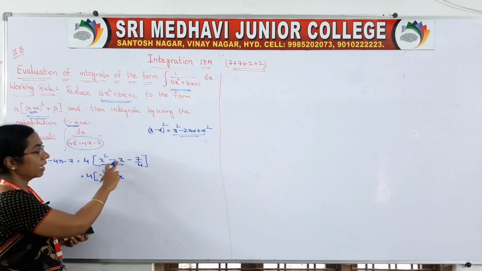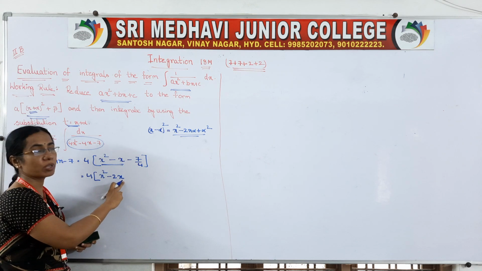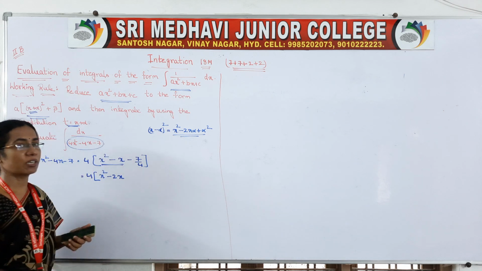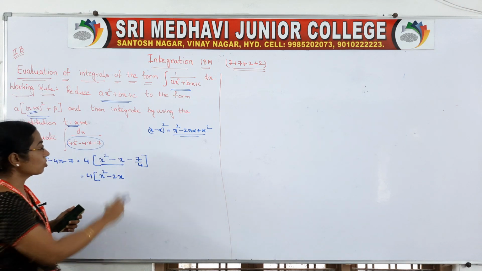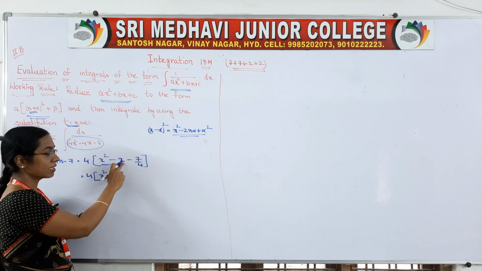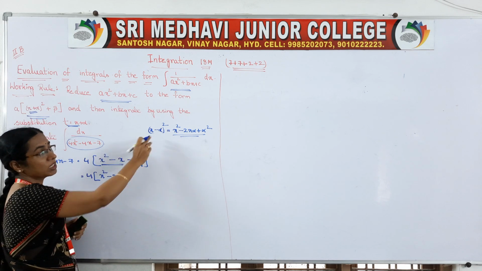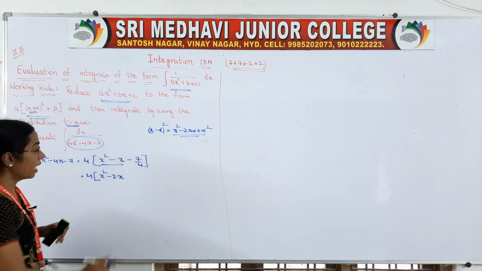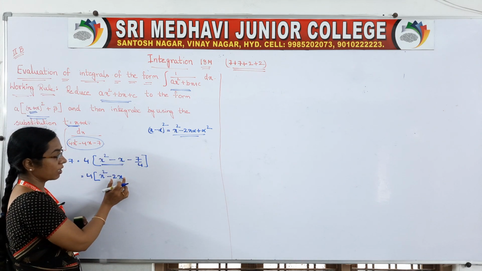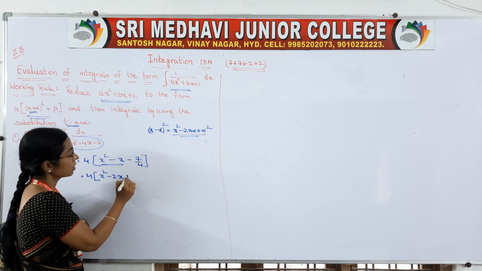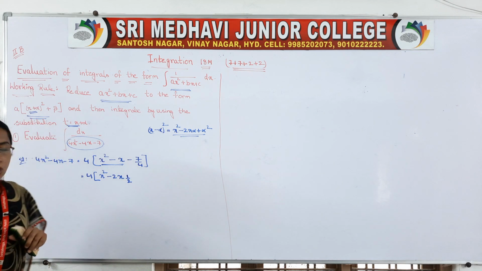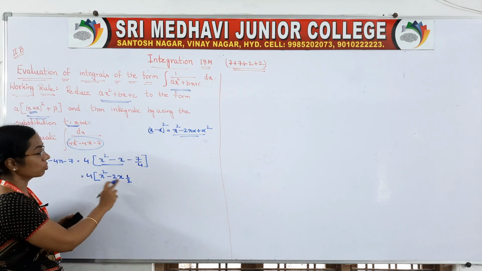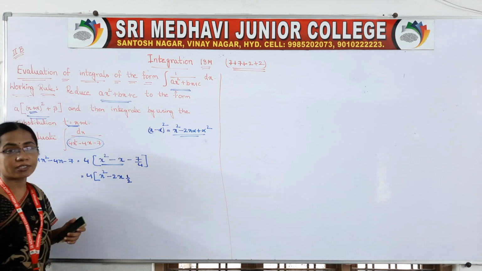But here minus x is there, and I have taken 2x. Why have I taken it? To get into this form: 2 into x into some value. Alpha means some value, so here we have to balance it. Here minus x is there, but to get our whole square form, 2 should be compulsory. That's why I have taken 2 here. Now balance it. How can we get this value? Already I have taken 2, so just divide it by 2, or multiply it by 1 by 2. What happens? The 2 gets cancelled and you will have minus x only.